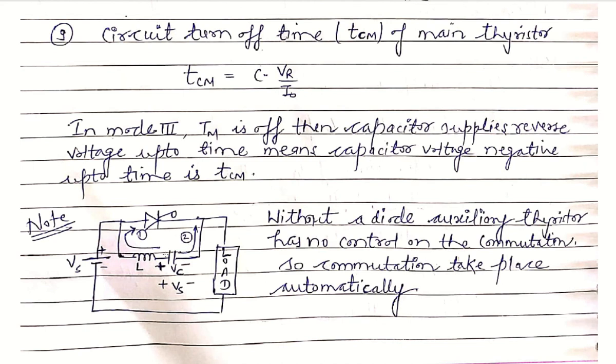So this is the first cycle in which this charging current will be flowing through the main thyristor, but in the second mode, as this capacitor voltage reverses, it will automatically turn off this thyristor T2. So there is no control of this charging or discharging of the capacitor on the auxiliary thyristor conduction. So this diode will be necessary in the current commutation circuit. So in this way we will complete the current commutation, and next we will see the third type of commutation, class C commutation, which is also known as the complementary commutation. So we will see the complementary commutation in the upcoming lecture. Thank you.